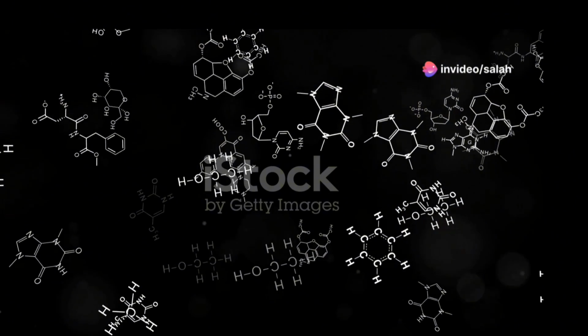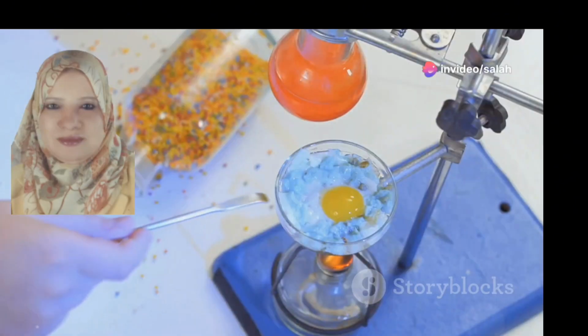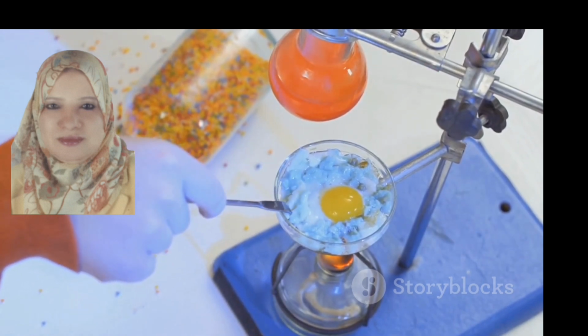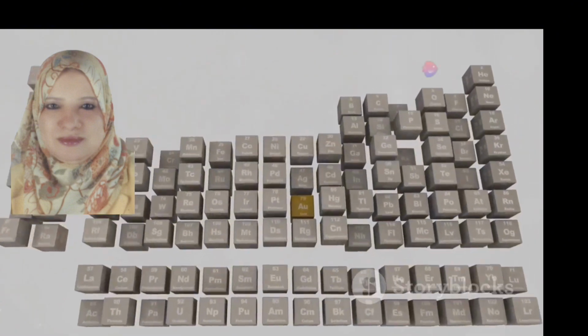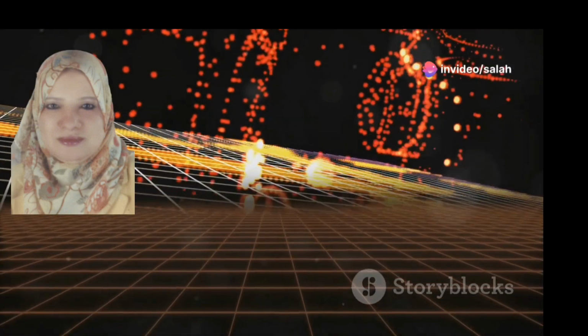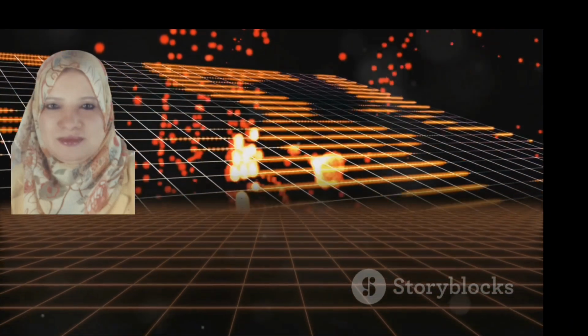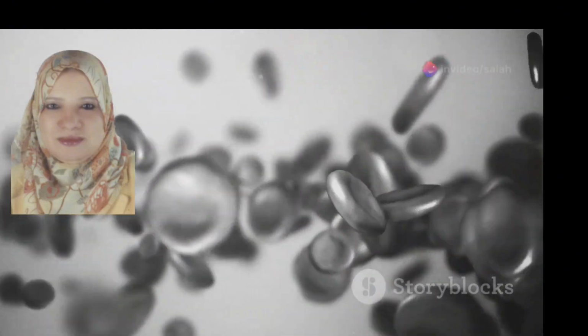Section 9. Beyond the basics. Exploring other isotherm models. While Langmuir and Freundlich are the most famous duo in the isotherm world, there are other models out there, each with its own strengths and applications. The Temkin isotherm, for instance, considers the interactions between adsorbed molecules, assuming that the heat of adsorption decreases linearly with surface coverage. This model is particularly useful in describing adsorption on heterogeneous surfaces where molecule-molecule interactions play a